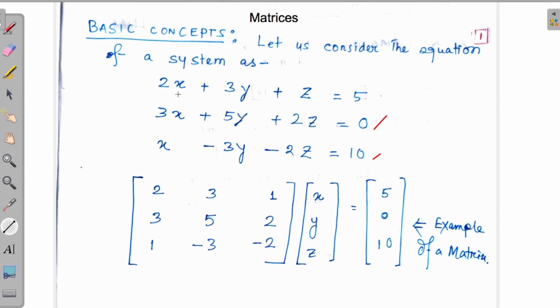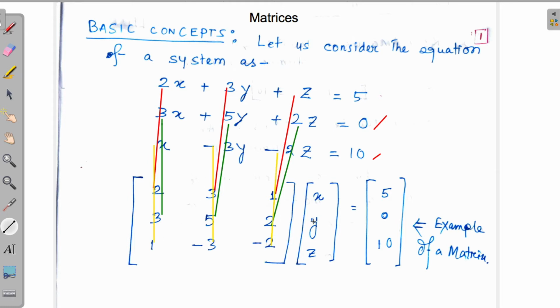Now the coefficients of the variables x, y, and z can be written within square brackets like this. The coefficient of x is written here, the coefficient of y is written here, the coefficient of z is written here. Similarly, for the second equation, the coefficient of x is written here, the coefficient of y is written here, and the coefficient of z is written like this. Okay, and for the third equation, the coefficients of x, y, and z can be written like this, this,